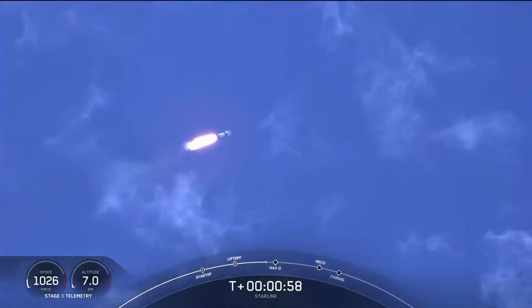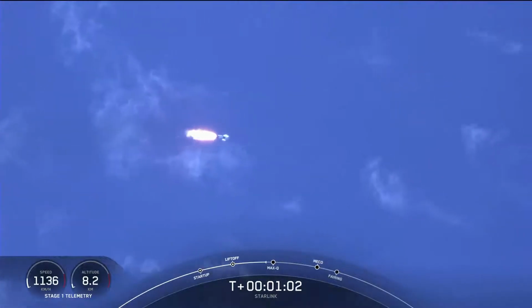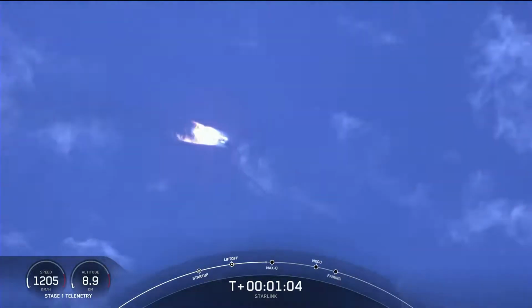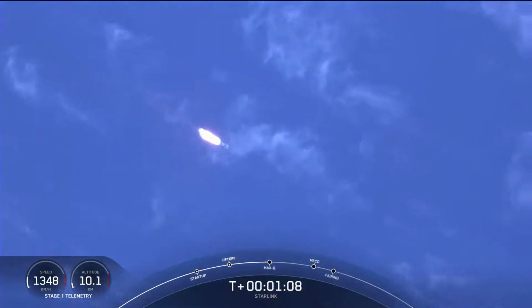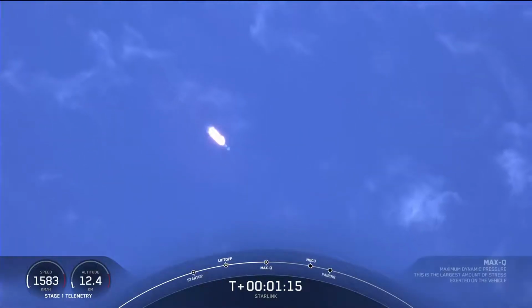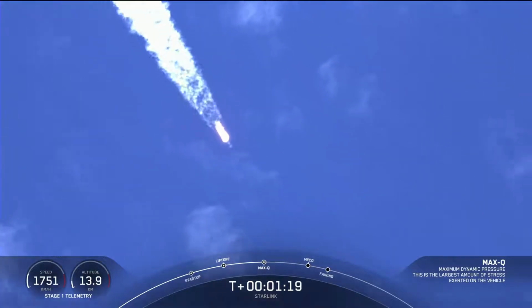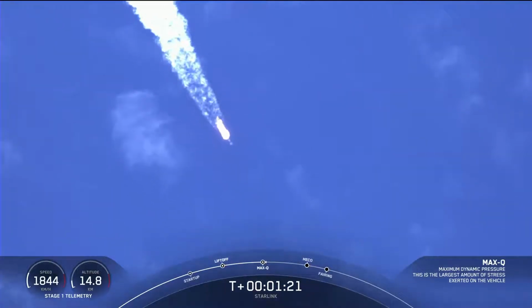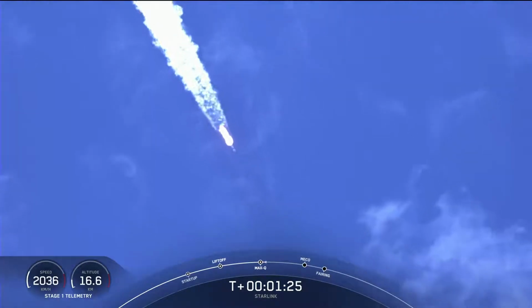Moments ago, we throttled the engines down in preparation for max Q, or the maximum aerodynamic pressure that the rocket will see. Vehicle is supersonic, and we should be passing through max Q here in just a few seconds. Vehicle has reached maximum aerodynamic pressure. We just passed through max Q, and in about a minute, we will have 3 events happening back to back,